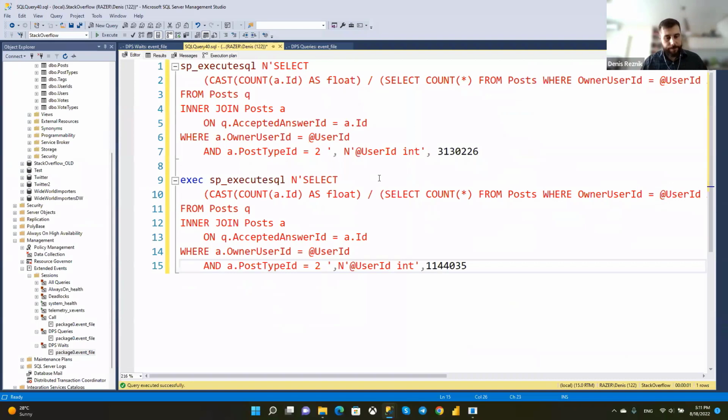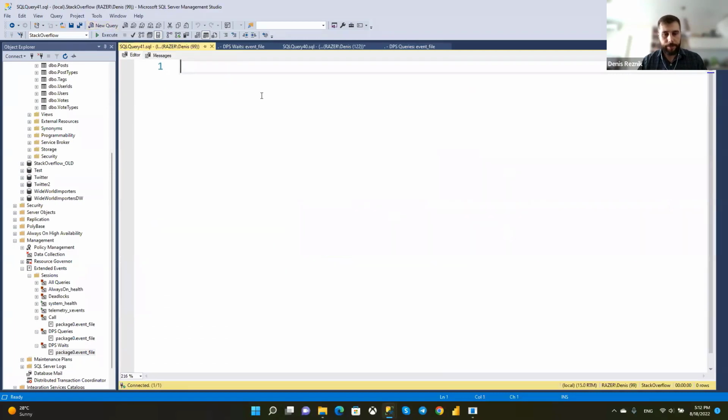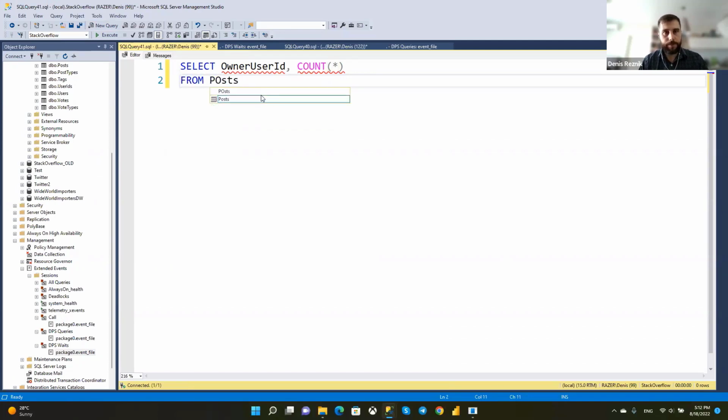This case is known as parameter sniffing. When SQL Server compiles a query, it compiles it based on the parameter value we use for the first run. So if I pass this user ID, it's good to show the distribution statistics. Select owner user ID, count star from posts where owner user ID in.